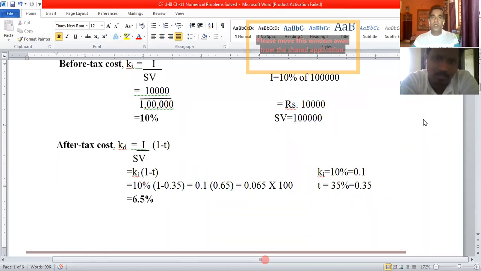So in such a case, the cost of redeemable debt, where the principal amount is repaid after a certain period of time as mentioned in the debenture certificate. How to calculate the cost of redeemable debt? In case of most redeemable debt, in addition to the interest payments, repayment of principal also has to be taken into account, because refund of the principal amount is a cash outflow for the company. That is the reason why, in case of cost of redeemable debt, in addition to the interest payments every year, repayment of principal also has to be taken into account.